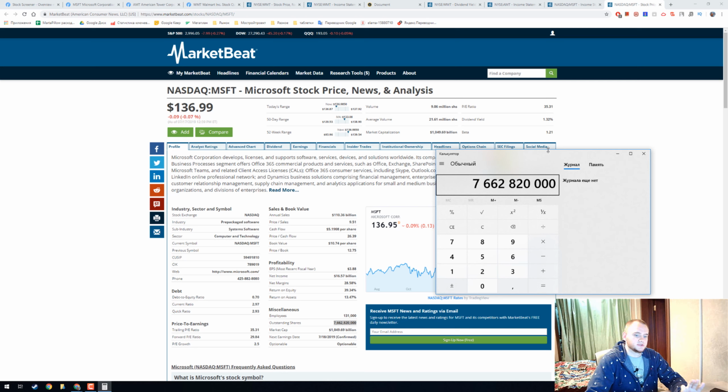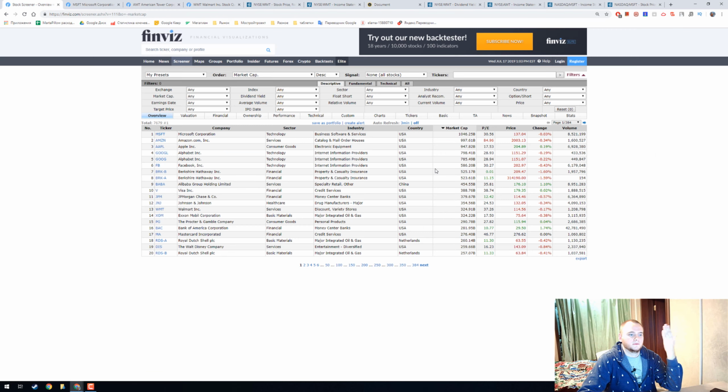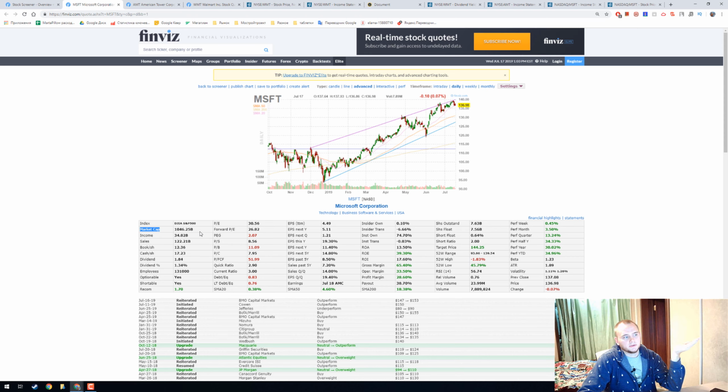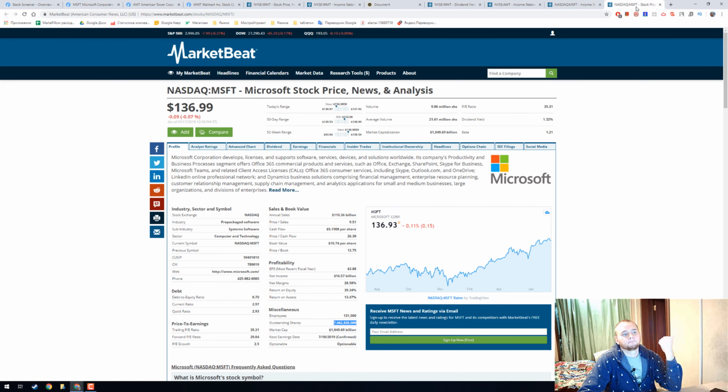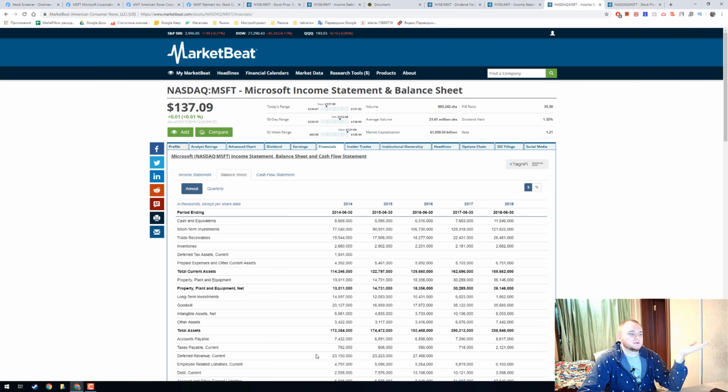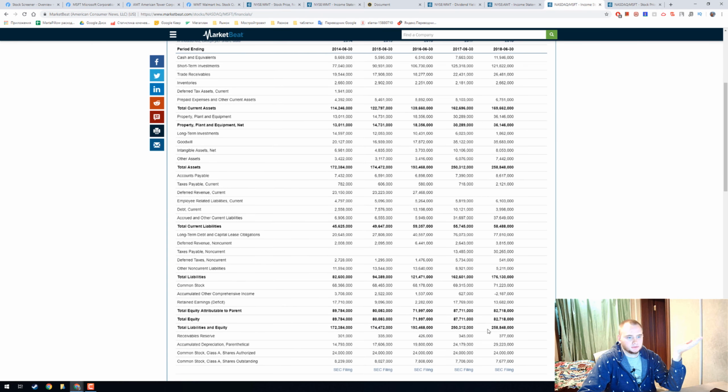7 billion outstanding shares multiplied by 136.99. It is $1 trillion. First of all, you have to know that it does not measure the equity, because Microsoft has a market capitalization of $1 trillion, but